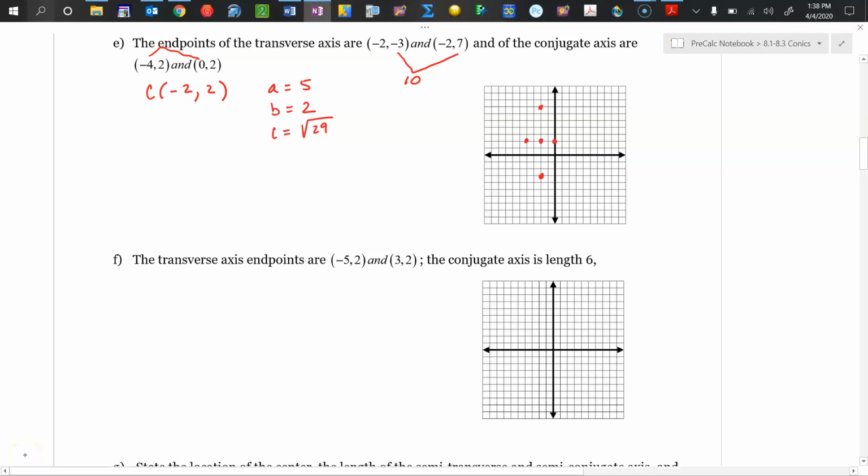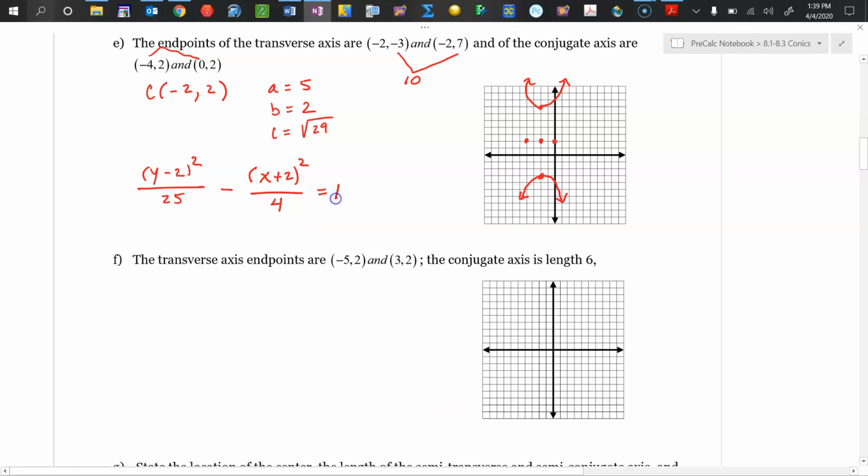Our hyperbola opens up, down. We know that because of the location of the endpoints of the transverse axis. And so our y term is going to be positive. So our equation is like this: y minus 2 quantity squared over a squared, which is going to be 25, minus x minus -2, which is going to be x plus 2 quantity squared, over b squared, which is 4,